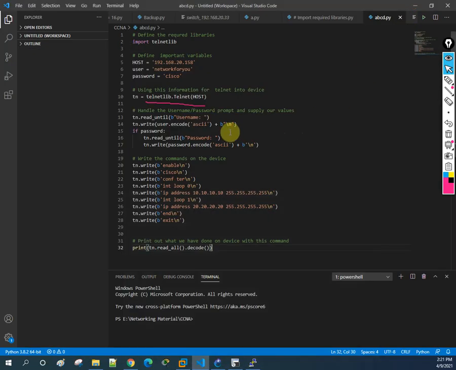So what we did here in the code, we said we need to read till we get the username. So we will write tn. tn is the session created by telnet. tn.read_until. We use the read_until keyword to read till we get the username. And why do we write this b? Because if we did not write this b, we will get an error. Why? We defined this as a string, so it will have an issue. So we need to convert this into bytes. For that purpose, we will write b.